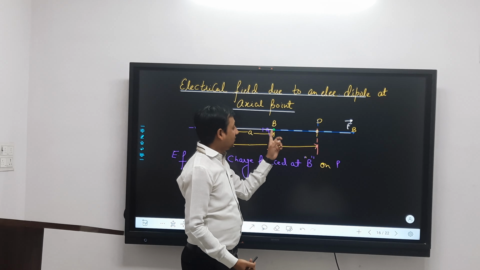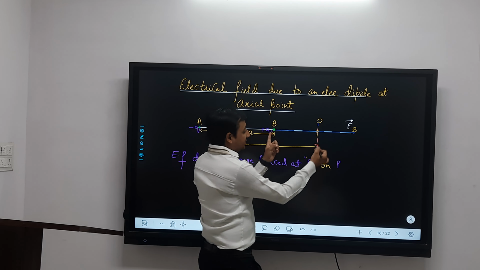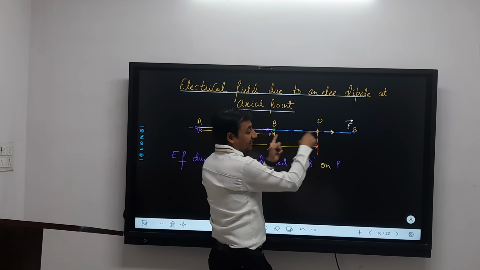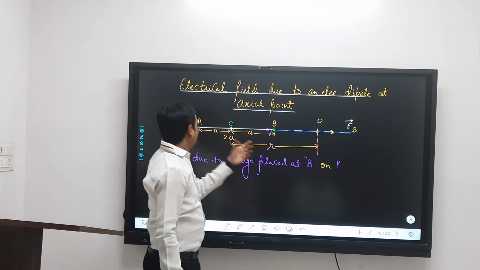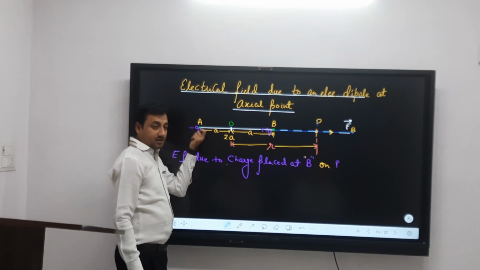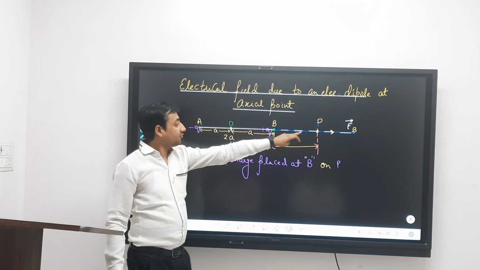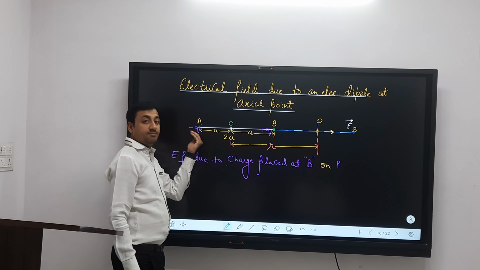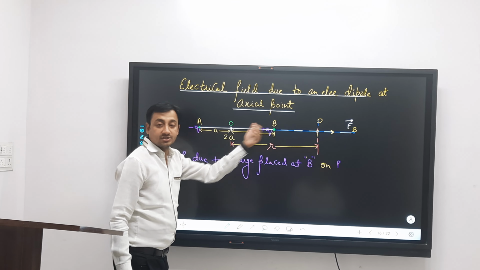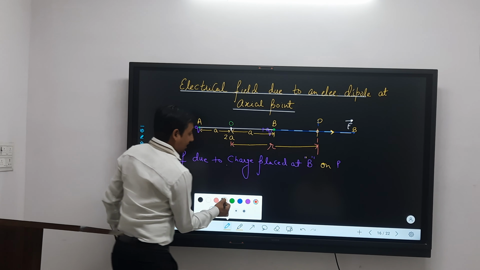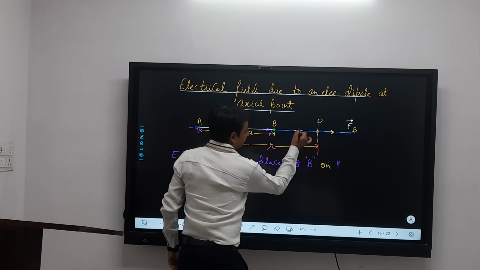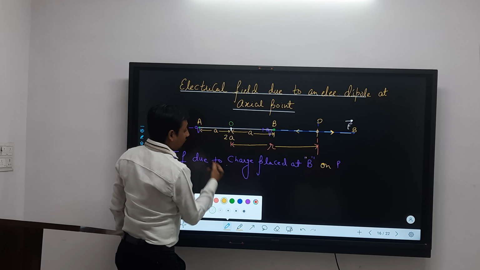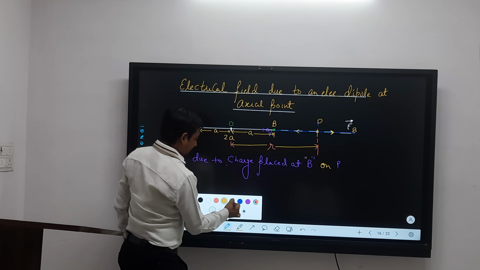The charge at point A is minus q, so the positive test charge is attracted, and the direction will be towards A. So due to this, now what we write here is the electrical field